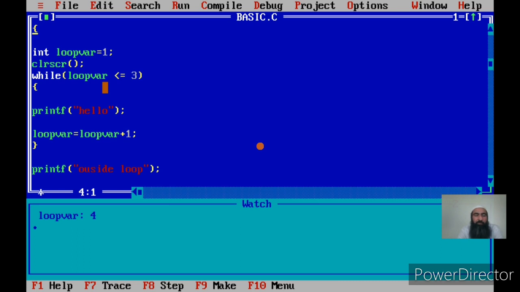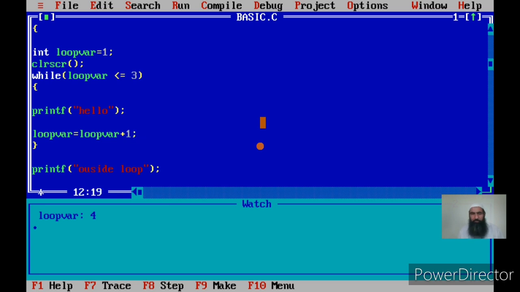Okay, so in the life cycle of the loop, we have seen the first part was initialization, the second part was checking the condition, and if the condition is true, the loop body is executed, and if the condition is false, control is transferred out of the loop. Now in the loops you have seen, the control is again transferred back to the loop, and according to its logic, this loop will be executed thrice. Loop variable is equal to loop var plus 1.